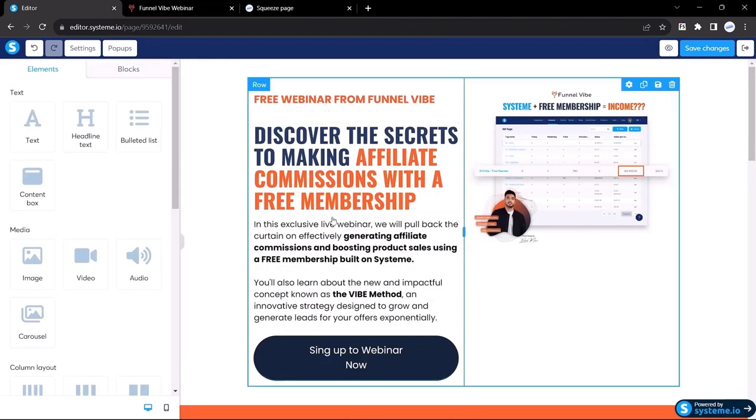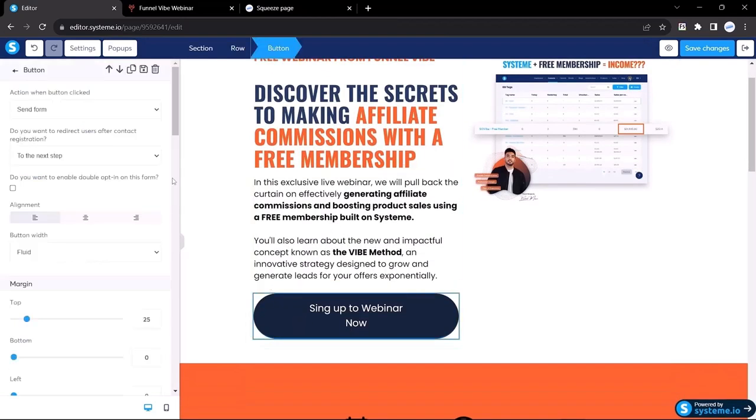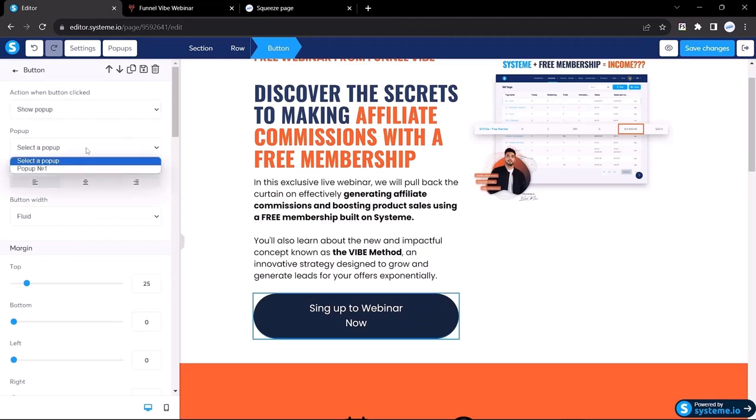Now come over here, now select the button, and from here we need to change the action. So here it's send form, click over here and then click show pop-up, and then from here you can see the pop-up that we have created. So now when someone clicks on here, then the pop-up will appear. Let's try it. So I will click on save changes, and now click over here to see the funnel preview,